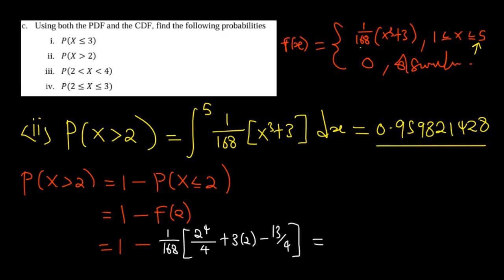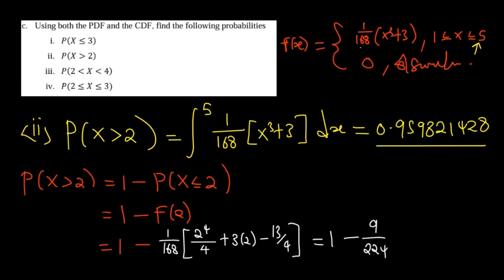So this part here gives me what? I just have to punch that onto my calculator, and I'm getting 9 over 224